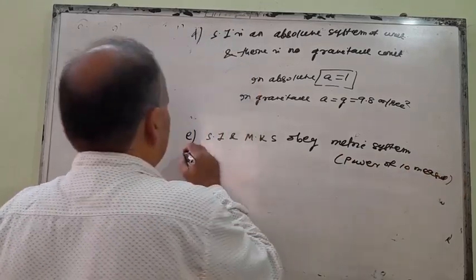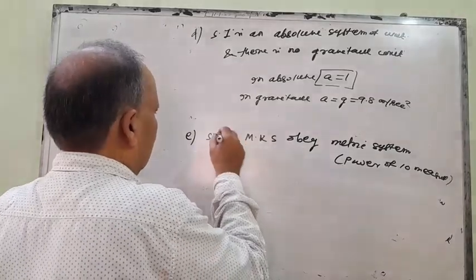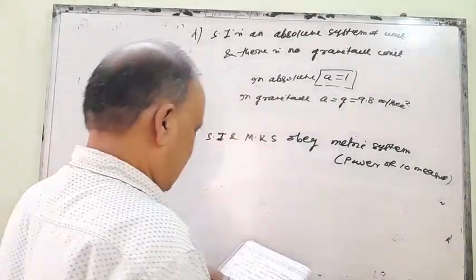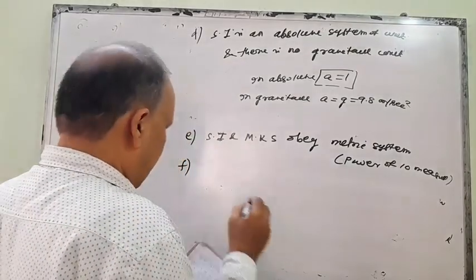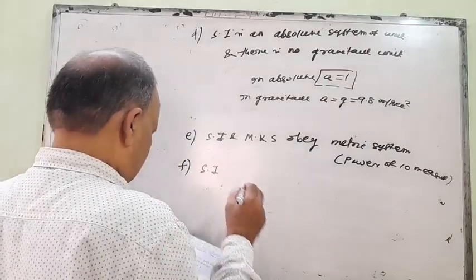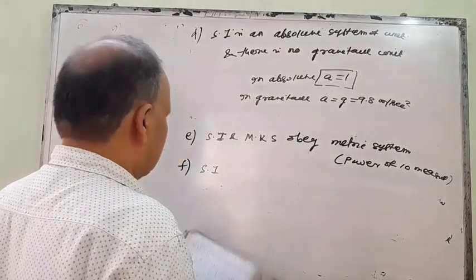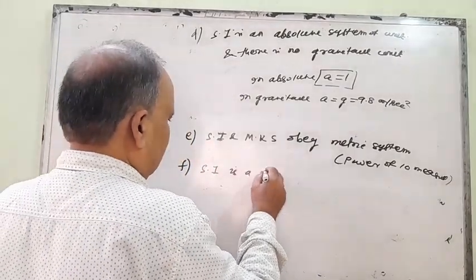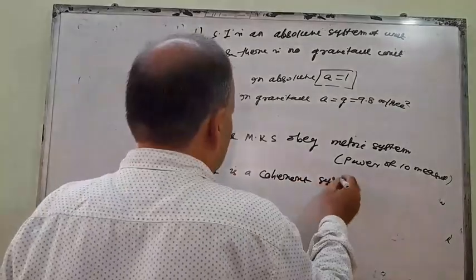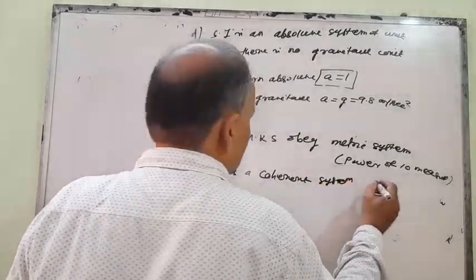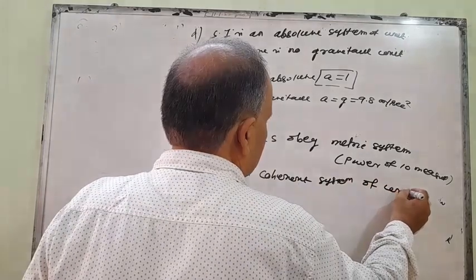They are similar concepts, SI and MKS. Another one is, SI is a coherent system of unit like MKS,